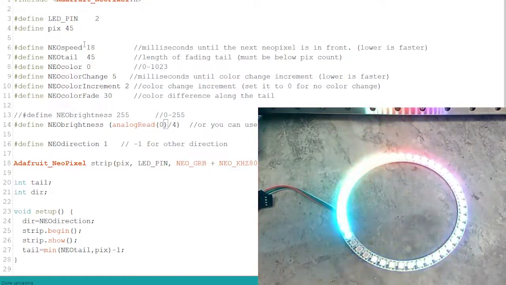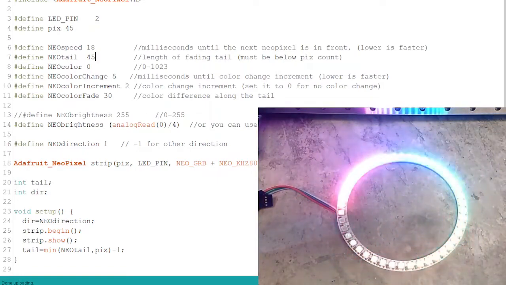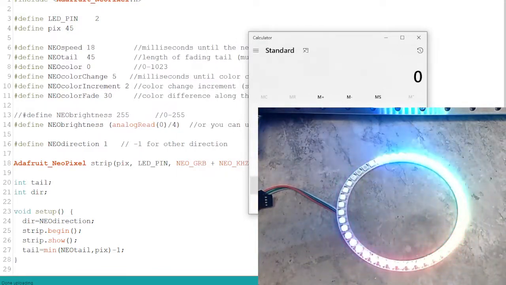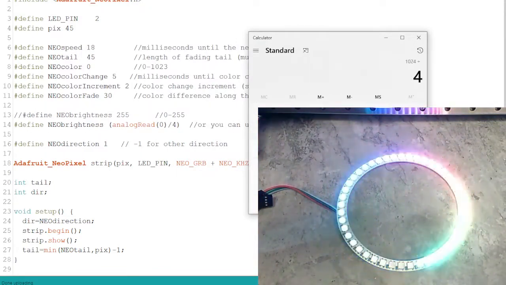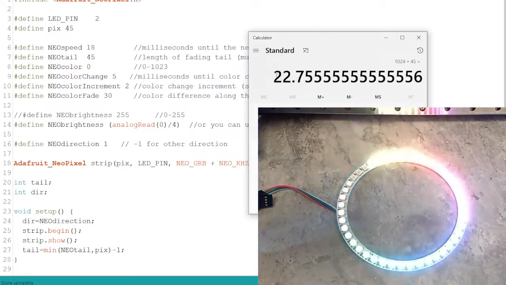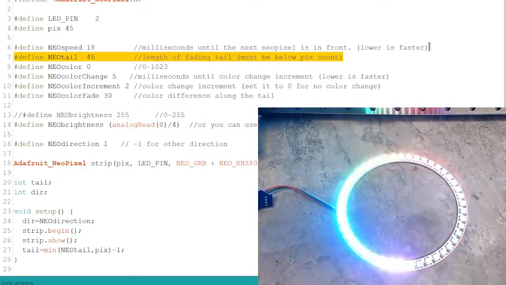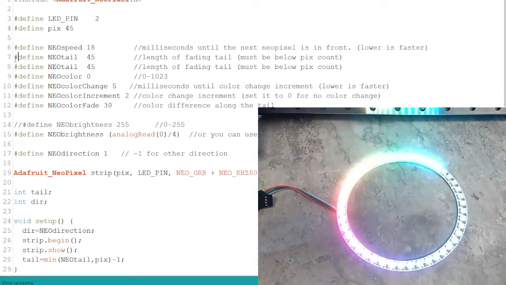But that could be the same thing here, right? So the tail's 45. So what would that be? I'd have to get a calculator out here. Okay, so it's a 10-bit reading on the analog for this. So 1024 divided by 45 equals, so yeah, 22. So what I would do here is copy paste it. So instead of 45 there, right, I would do,